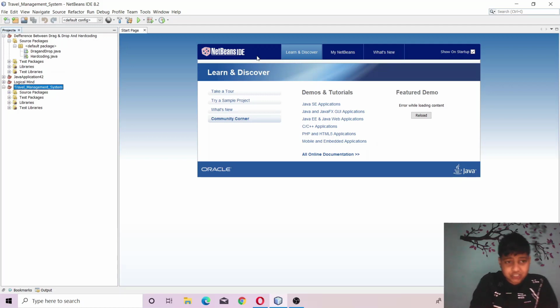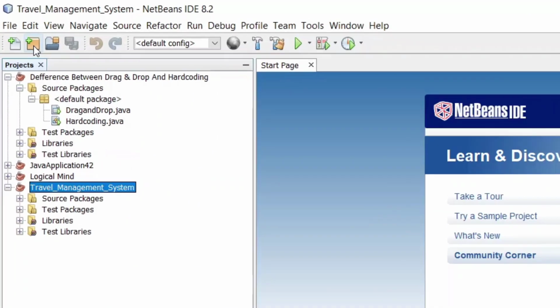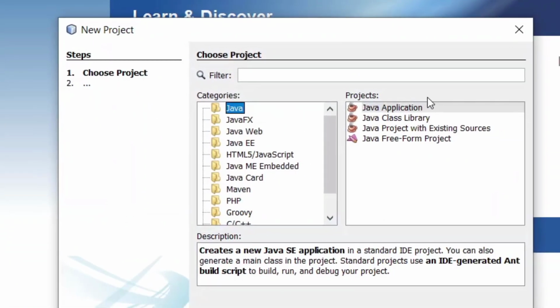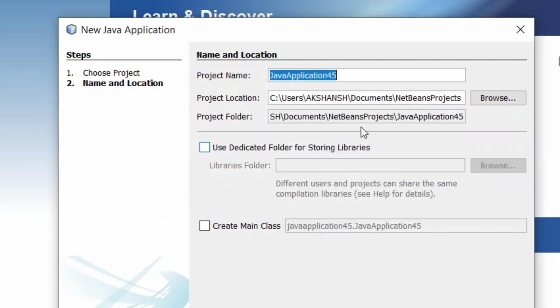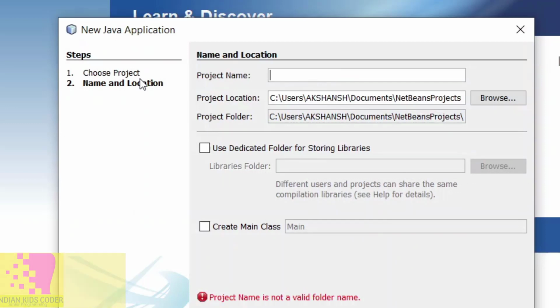In today's video we are going to see a basic structure of a Java program, like what are functions, what is the main method. First of all I will create a new project and I will select Java application here because we are going to make a Java application, means we are going to code in Java, and here for the name I will type